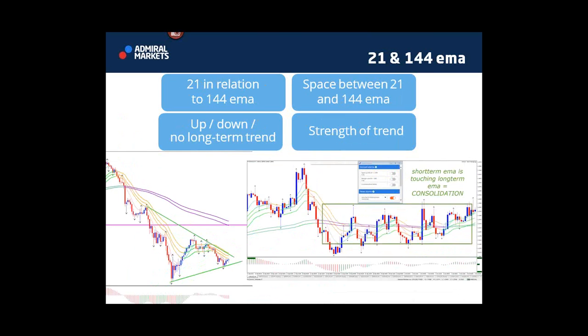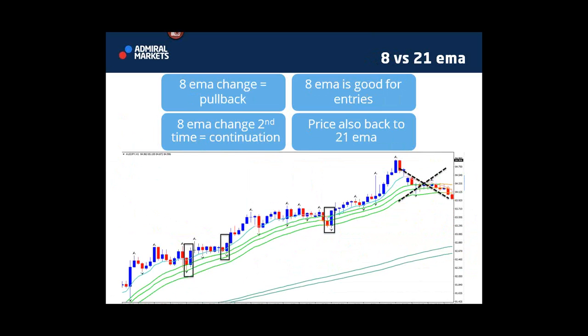Alrighty. So that's that. Next thing, 8 EMA versus 21 EMA. The 8 EMA for me is momentum, right? So we might have a trend going on. We might have price aligned with the 144 and price around the 21 EMA. But if the 8 EMA is not aligned, then the momentum is not going to be our way. So obviously, when we have these three things aligned, you've got a swift, beautiful trend going on.